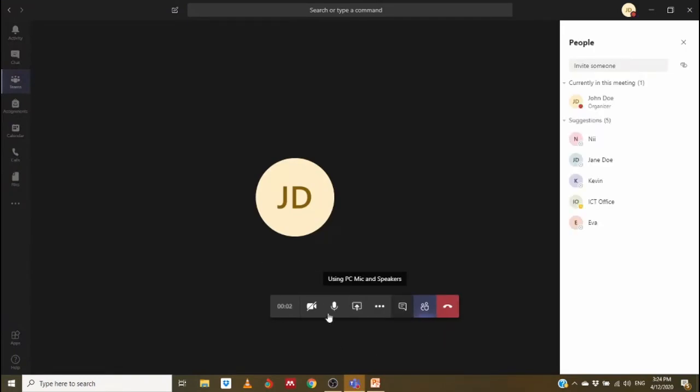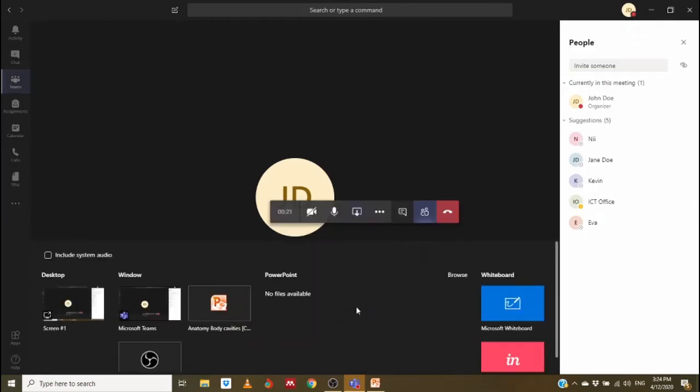So once the meeting starts or the lecture starts and I'm ready to share my slides, I come to the bottom where I click share. So the share icon is the screen icon with the arrow pointing upwards. So I click share and this comes up. Once this is pulled up, I'll see my PowerPoint, which is anatomy body cavities